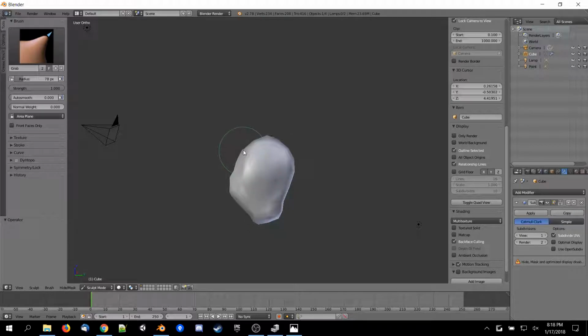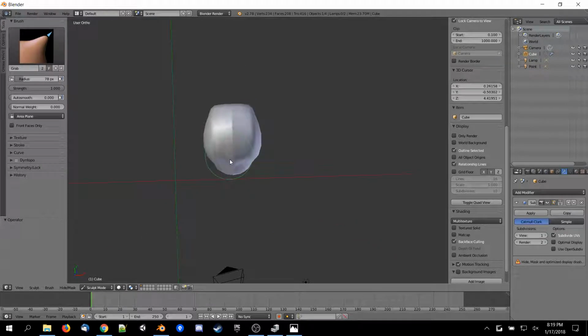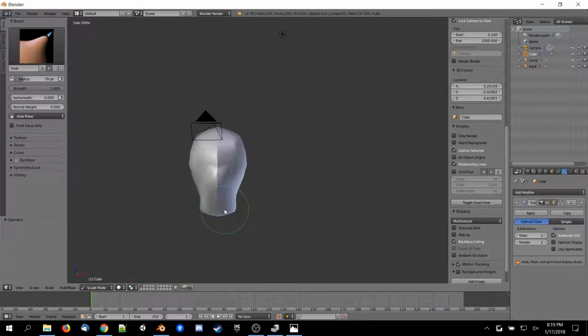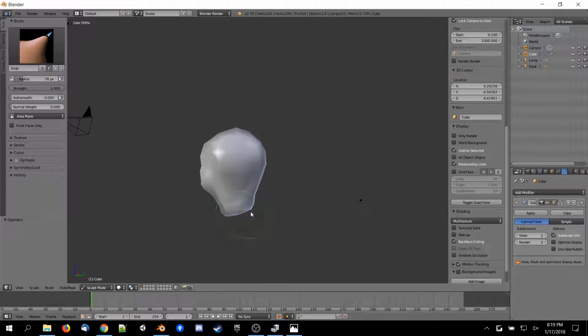So it's kind of like a soft selection tool. It's grabbing these faces, but it's allowing me to be a little bit more like a sculptor rather than someone who's just working on a mesh. Okay, I wouldn't go too far with that, but I'm going to get out of sculpt mode